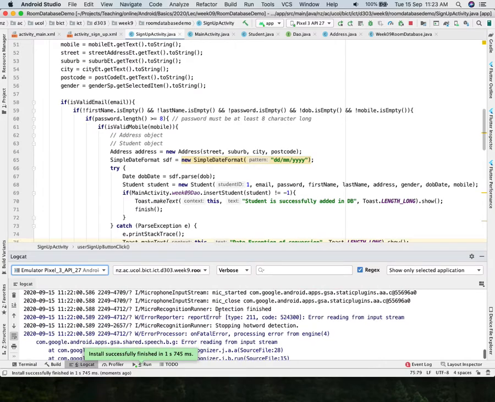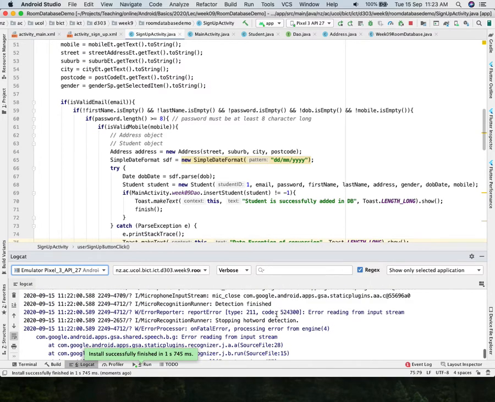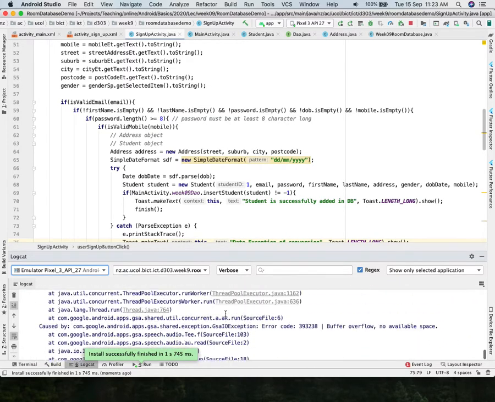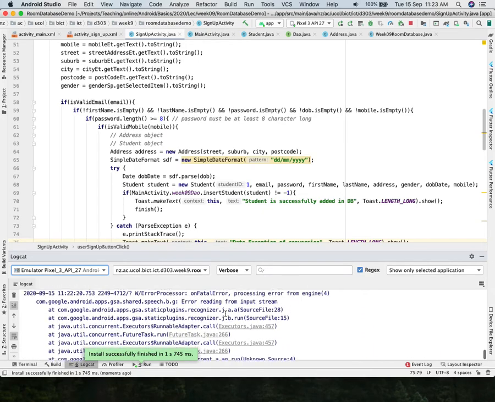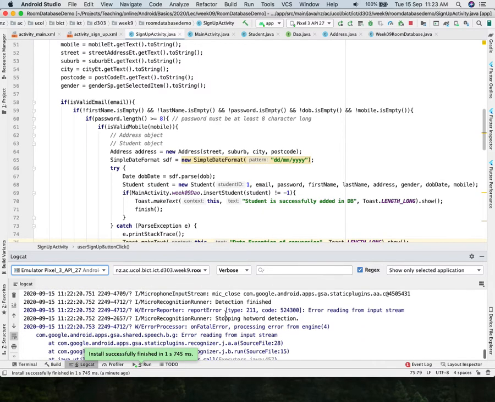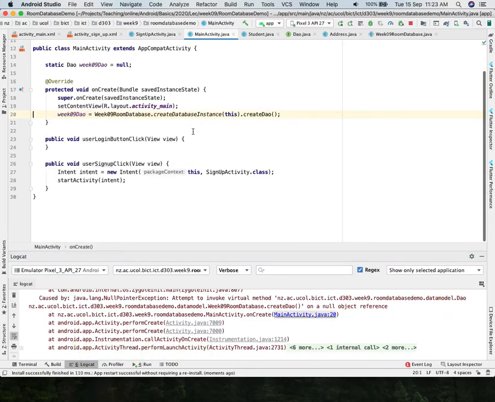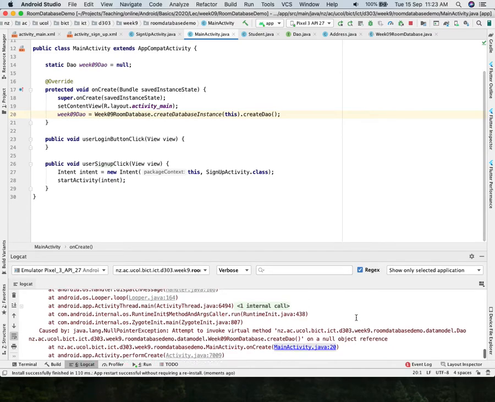So we have a detect unfinish. Okay, where is the error? Error reading from the input stream. This is not an issue. Okay, so we have the input stream. Let me stop it, because right now we are not doing anything, we are just running. Okay, so we have at the line number 20, when we are creating that particular thing,